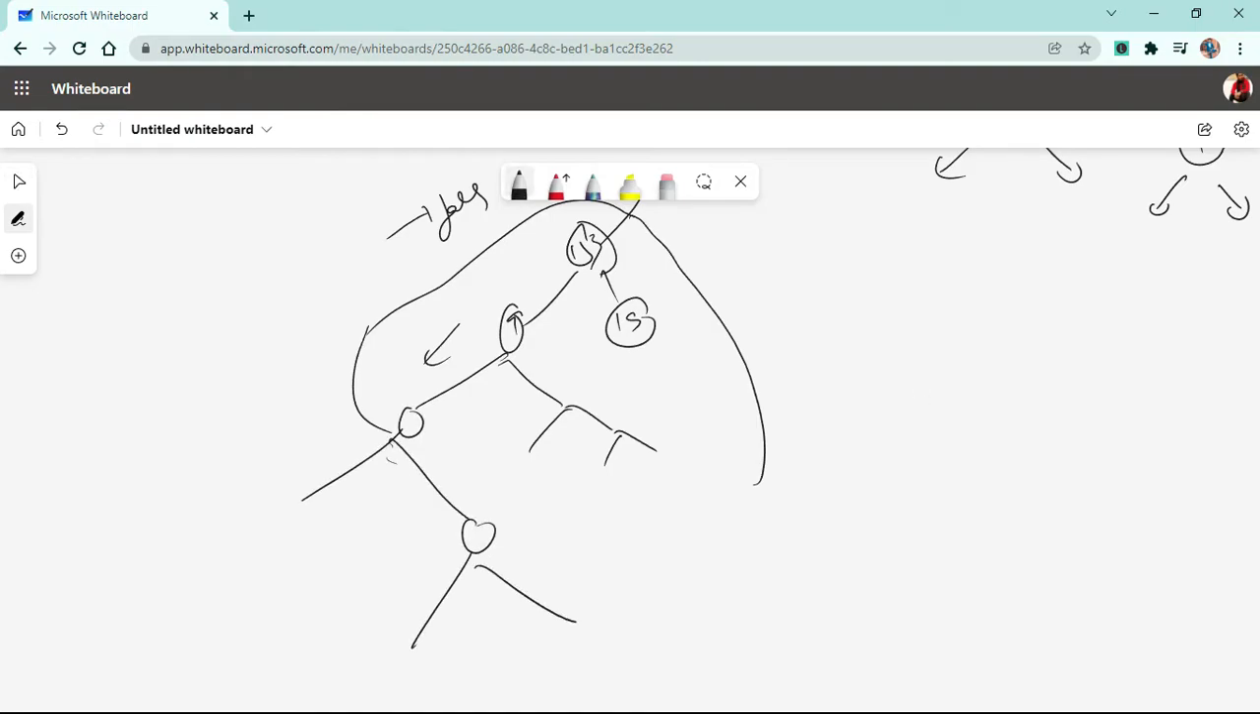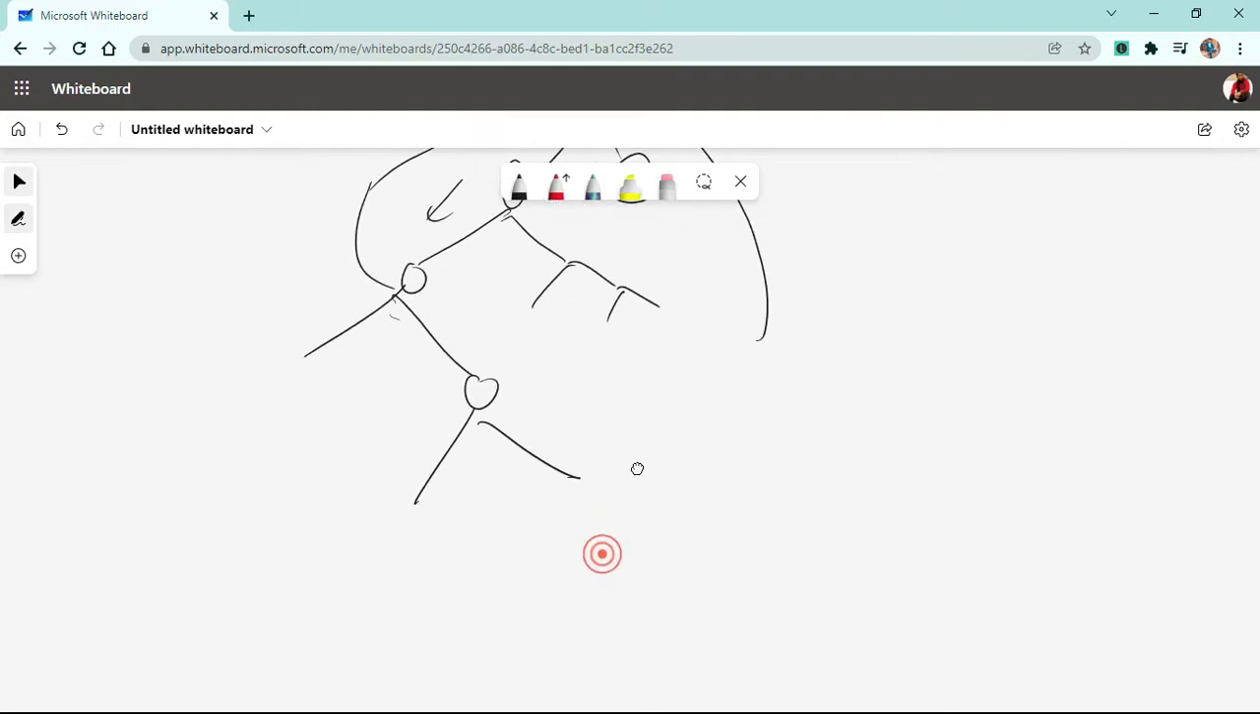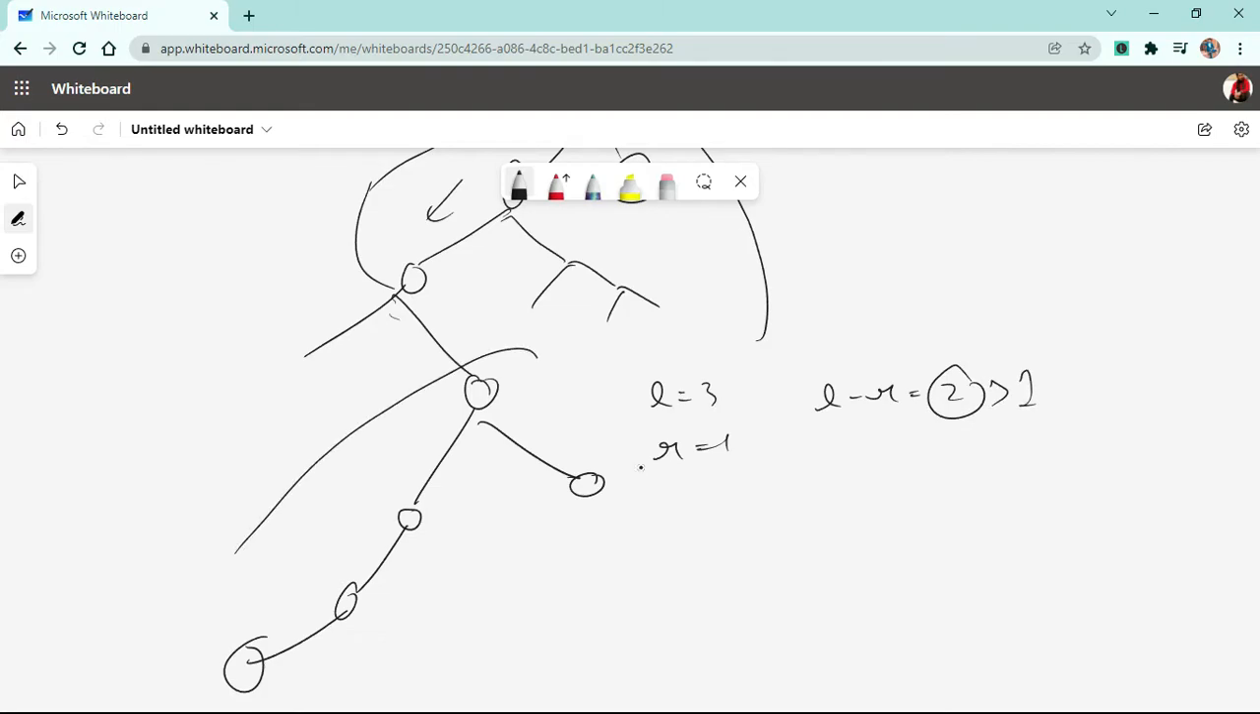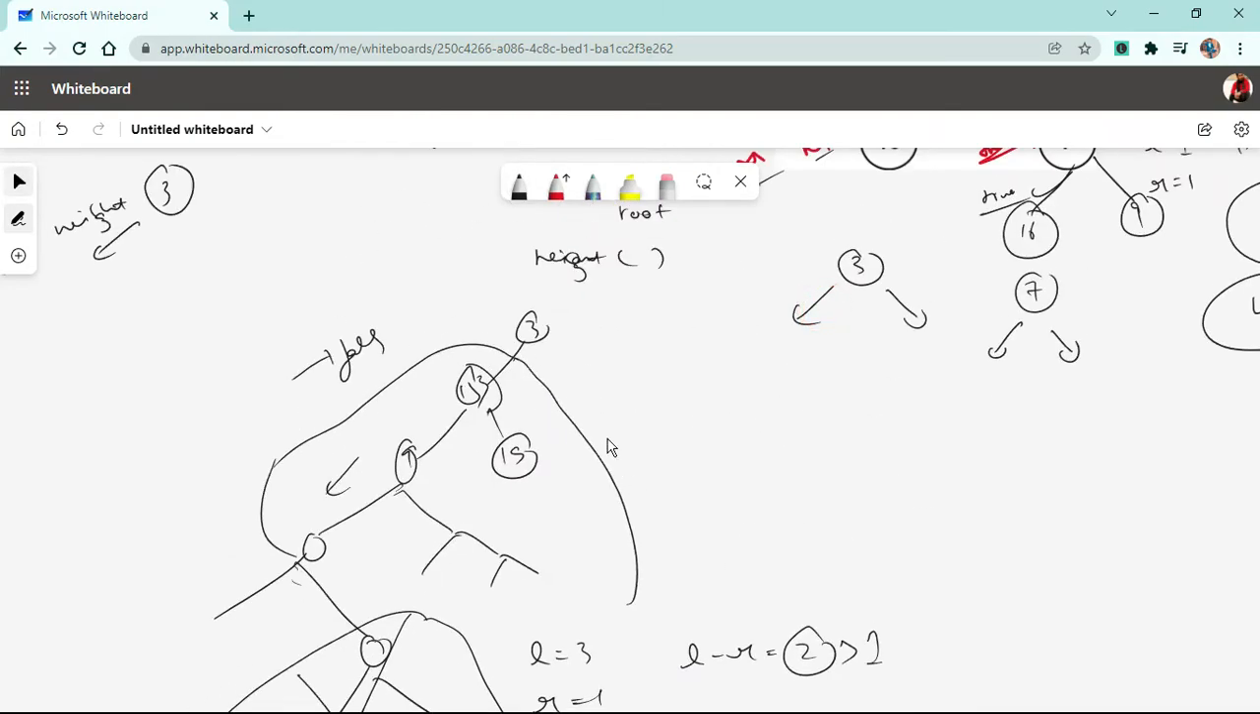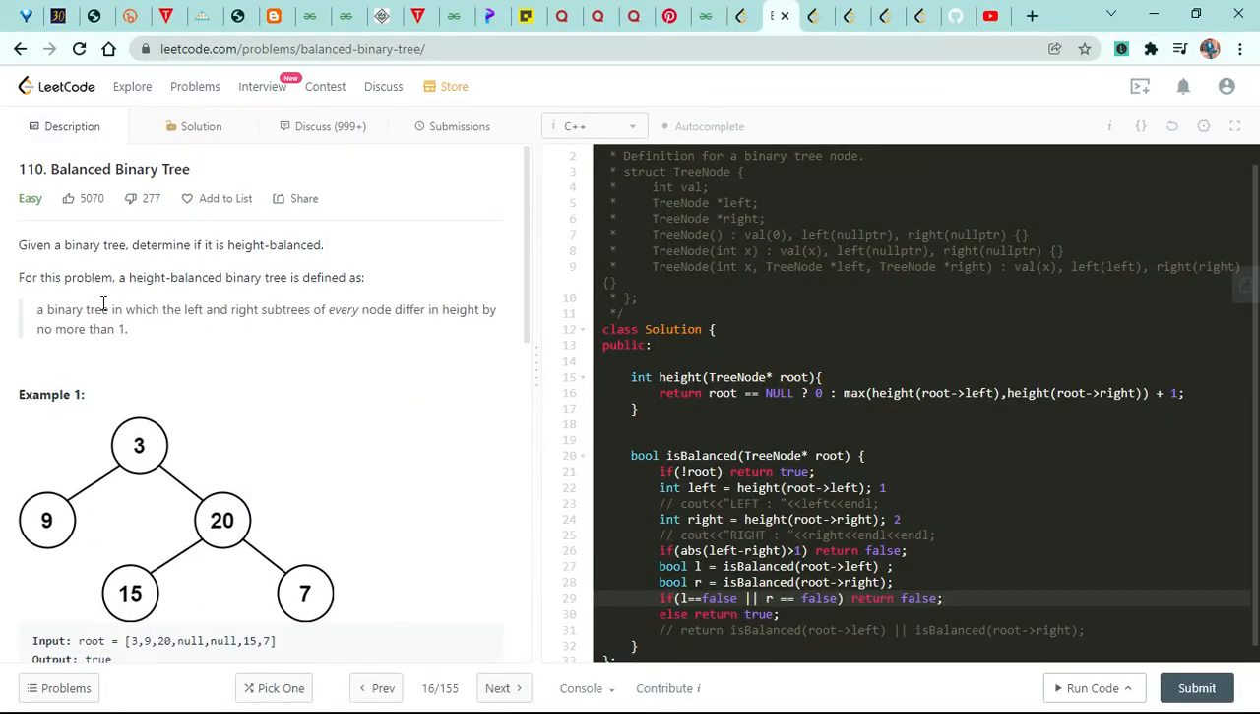Somewhere down the line, the left minus right is greater than 1. Let's consider here only. I have this node somewhere down the line. Currently my left will be equal to 3, my right will be equal to 1. Left minus right will be equal to 2, which is greater than 1. This whole subtree is not height balanced. So I cannot expect my overall tree to be height balanced, because in this question we are clearly provided that a binary tree in which left and right subtree